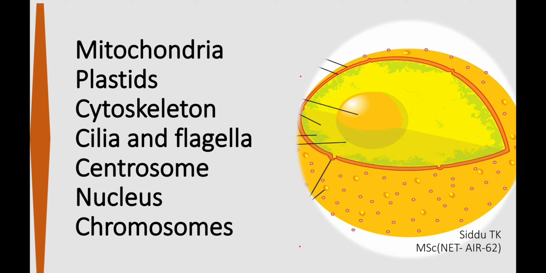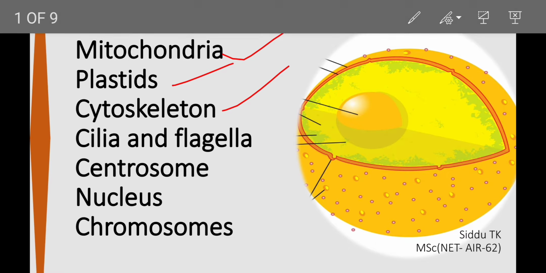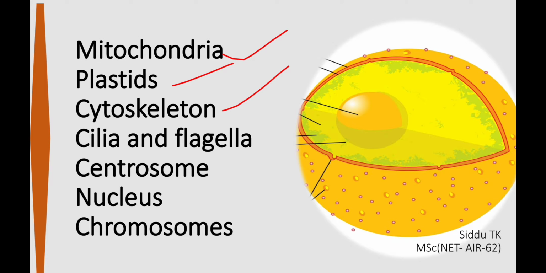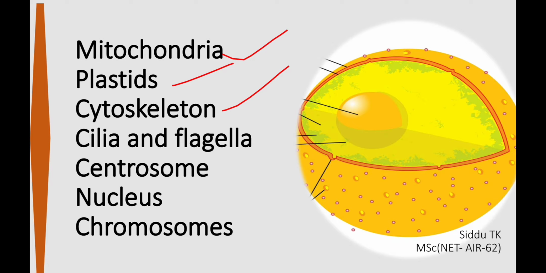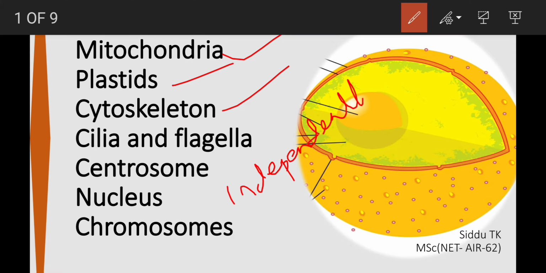In this video, I will be discussing mitochondria, chloroplast, nucleus, and other remaining cell organelles. In the last video, we had seen various cell organelles along with the endomembrane system. In that lesson, I had told that mitochondria and chloroplast were not part of the endomembrane system. Do you remember why? Because their functions are not coordinated and they work independently.